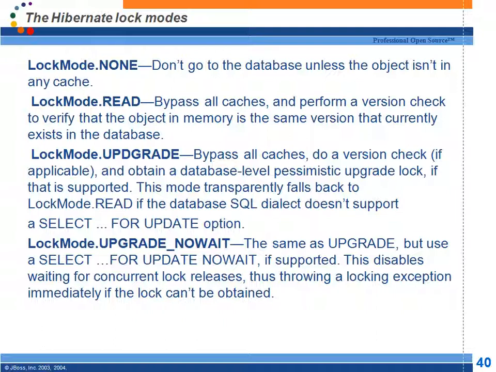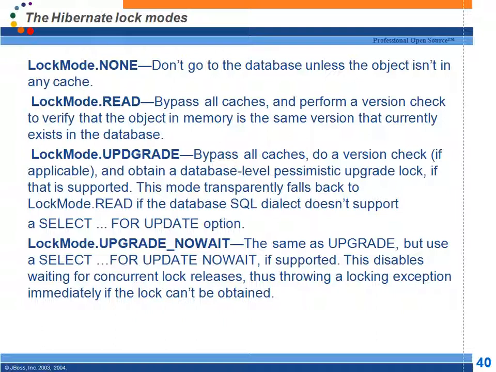Right. So whenever I am saying session.get by using a lock mode none, I am saying I don't require a lock. So Hibernate need not go to the database also if it is in the cache already. So it will get the object from the cache. So if I say LockMode.NONE, it will go to the database only if that entity is not present in any one of the caches.